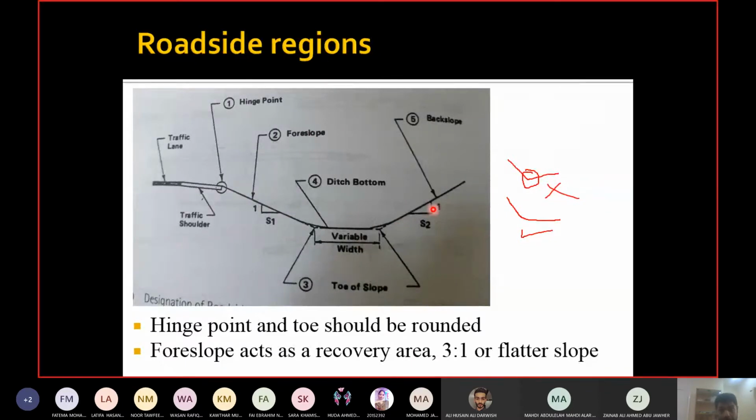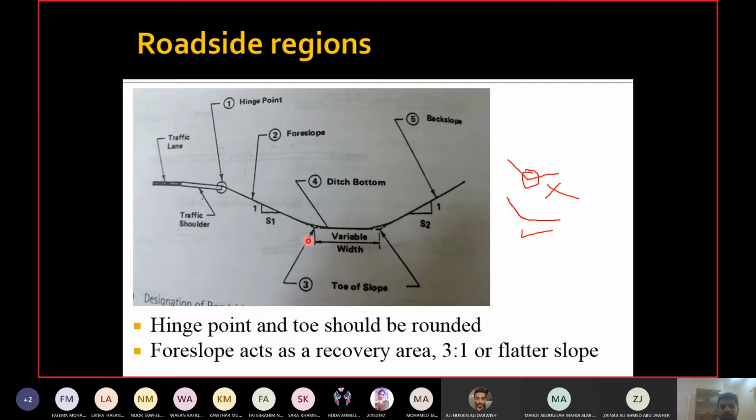Okay, and why do we go down, if we have to connect the slope with the ground? Why don't we go immediately upwards? Because of the drainage. If you make the side slope like this, moving upward from the shoulder, then obviously water will not go up to the drainage channel, right? So we need to make the drainage channel lower so that water can drain downwards. So we need a drainage channel here.